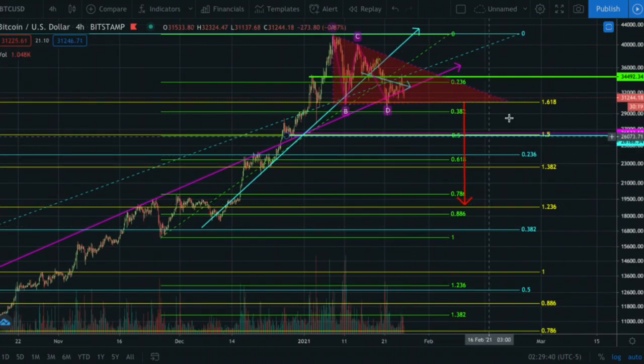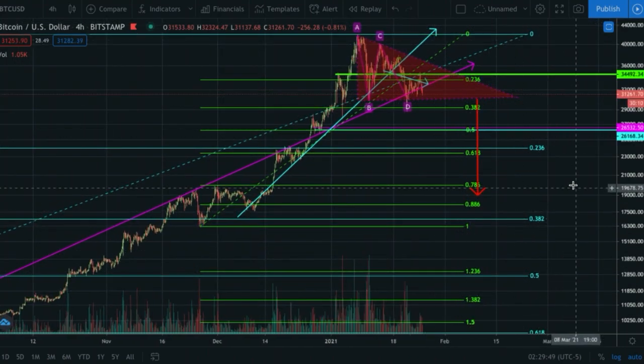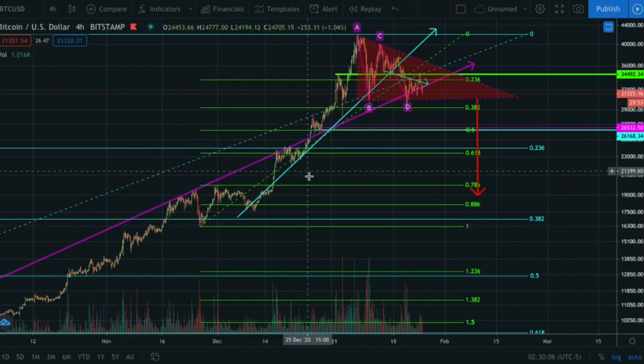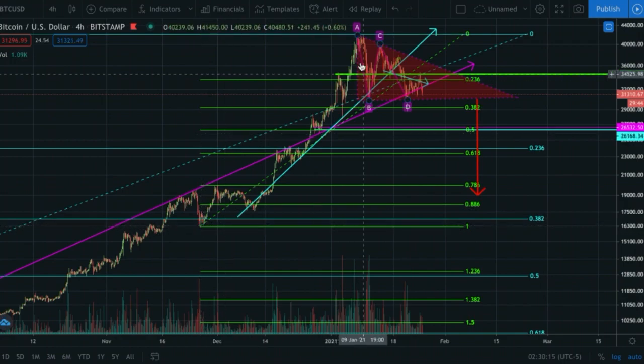Now, the thing we're paying attention to right now is these two Fibonaccis. The first one was from this previous low right here at 16,000 before the breakout to the upside. That was basically the consolidation, double top, and then break to the upside, where we put in an ascending triangle, which again is like 66% to the upside, 33% downside. When we put in that base right there, we take the fib level from there at 16,235 up to our top right here at 42,000 basically. And that gives us our green Fibonacci levels.